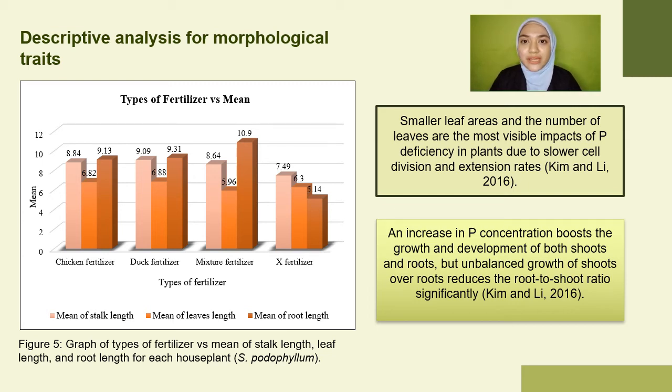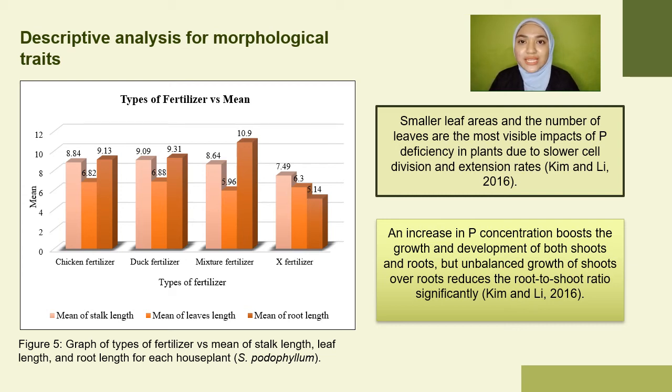From figure 5, it can be concluded that Syngonium phylum after fertilizing with duck fertilizer had the highest mean of stalk length, which is 9.09, leaf length, which is 6.88, and root length, which is 9.31 compared to chicken fertilizer and eggs fertilizer. Besides, Syngonium phylum after fertilizing with mixture fertilizer had the highest mean of root length, which is 10.9, but had the lower mean of stalk length with value 8.64 and leaf length with value 5.96 compared to